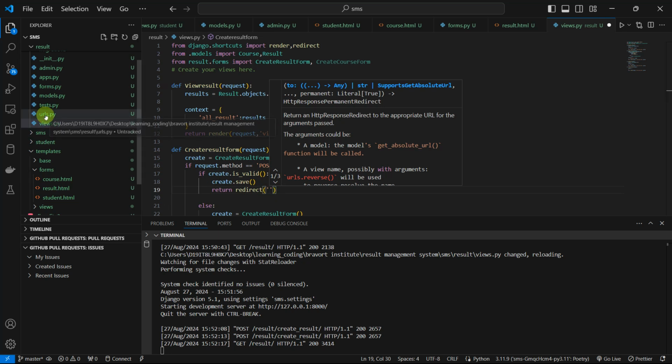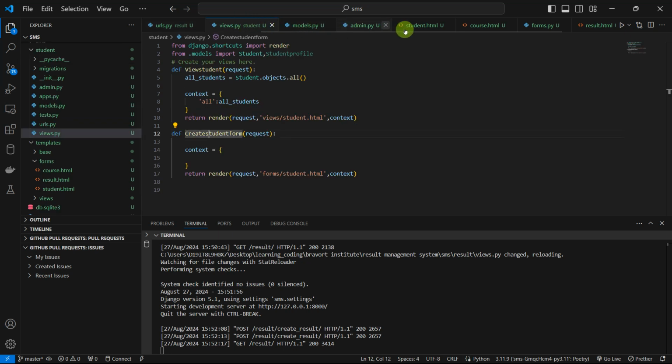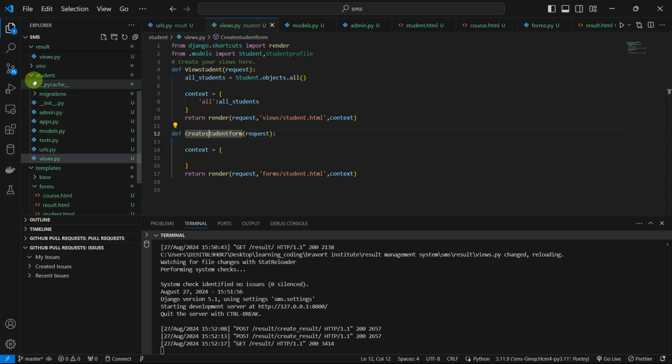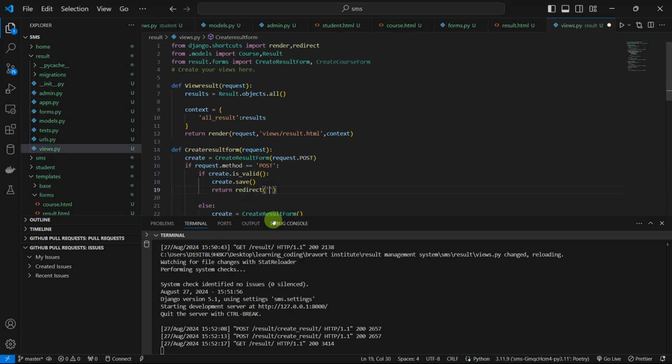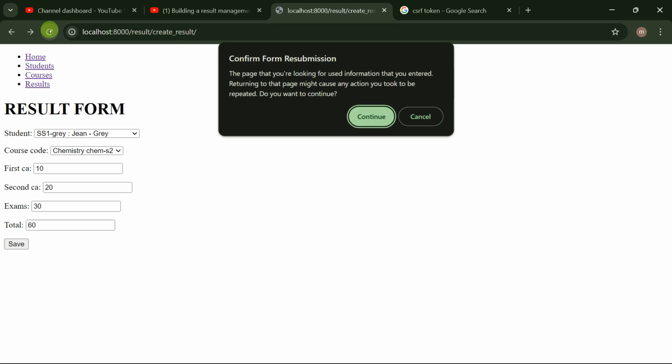Now you can use the URL's name to do a redirect. So it will be the app name and the name of the path in your views. It's really important, which is why naming your path is really important. So I can just say result. I want it to go to my result path. Save. So the next time I come back here and refresh,